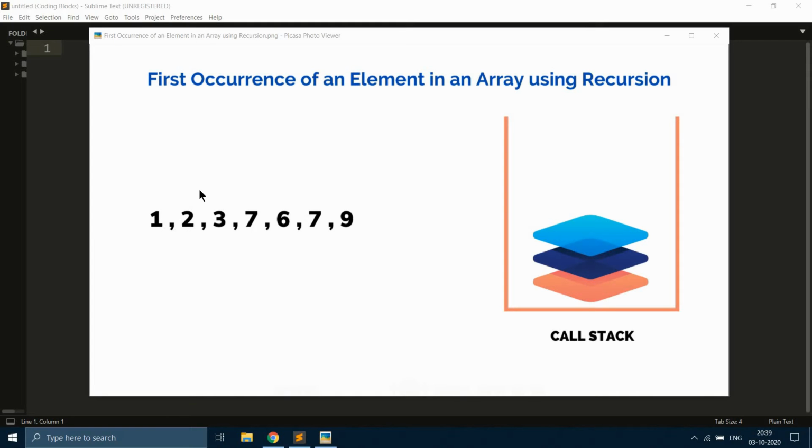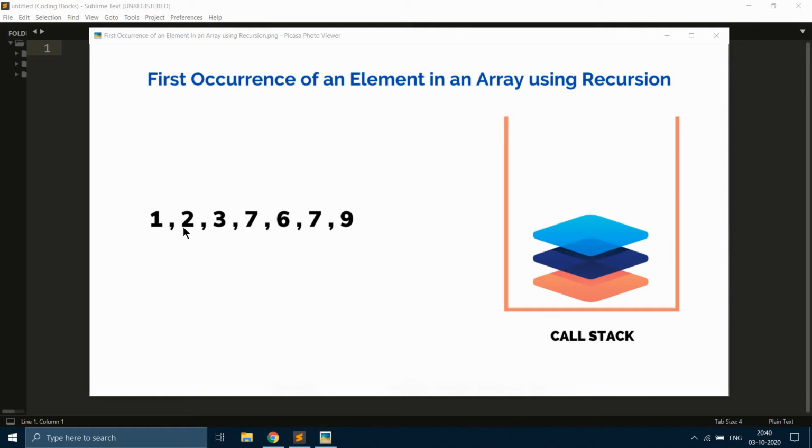So what we are going to do is use the concept of recursion. We are going to use linear search. Say in this array, first we will compare our key element, which is nothing but 7, with the first element of the array. Since 1 is not equal to 7, we are going to search the rightmost array. So we are going to eliminate this 1 and then compare the key element